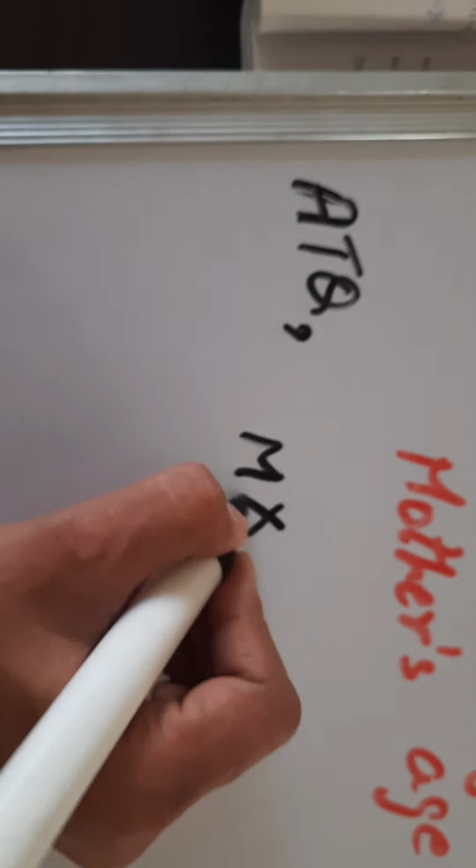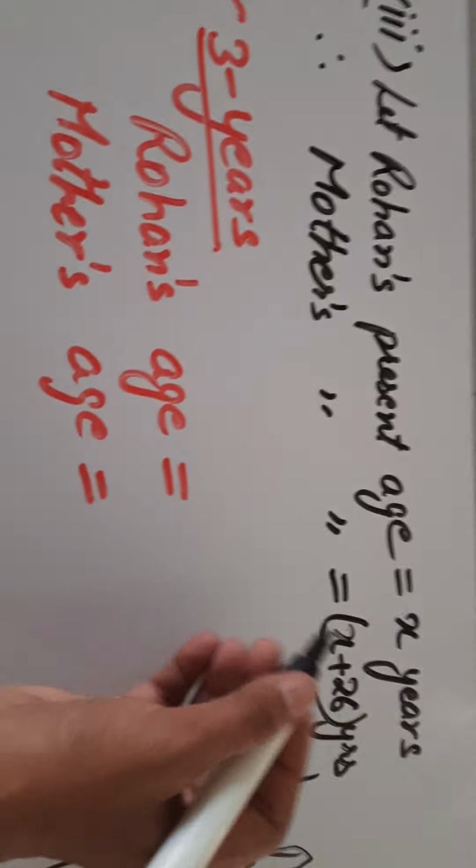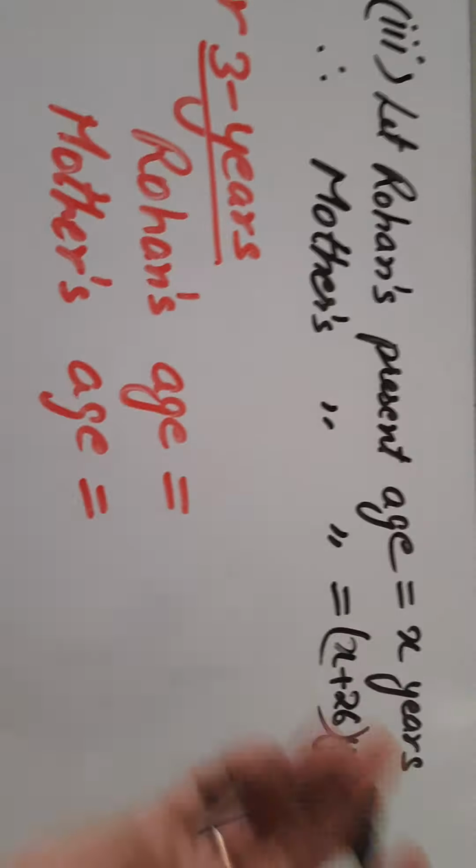In the second line, the product of their ages means, according to the question, the product of mother's age and Rohan's age, the product of their ages in years, 3 years from now. Dear students, that means they are talking about the ages in future. So we have to first assume Rohan's and mother's age after 3 years. So अगर Rohan अभी at present he is X years old, then what will be his age after 3 years? It will be X plus 3 years.